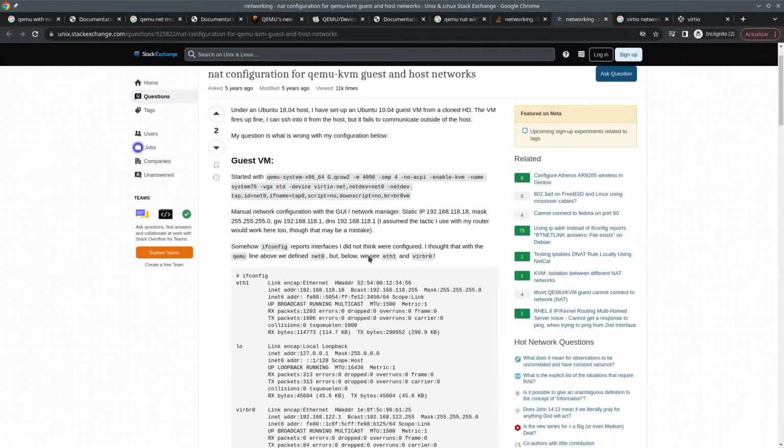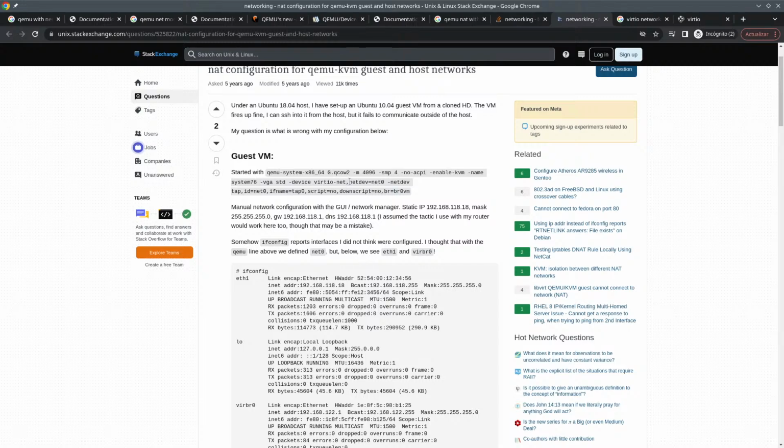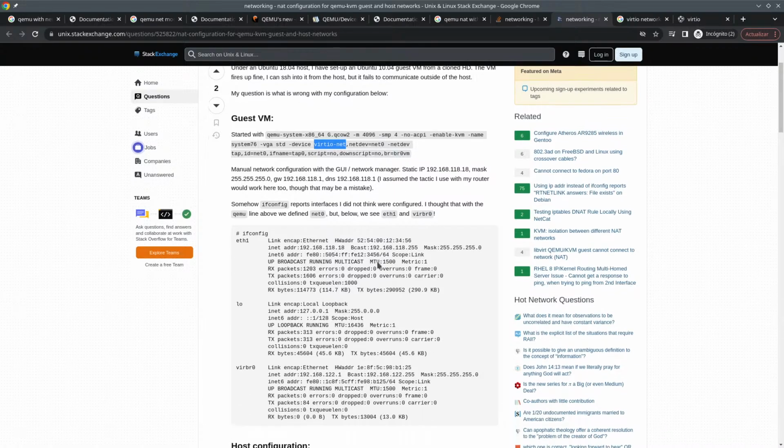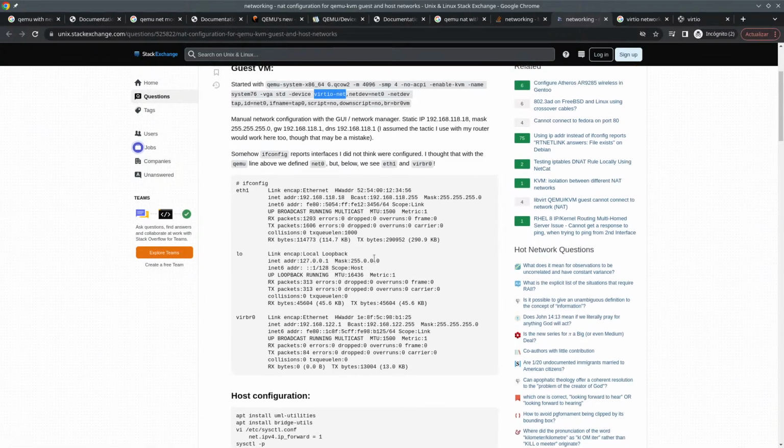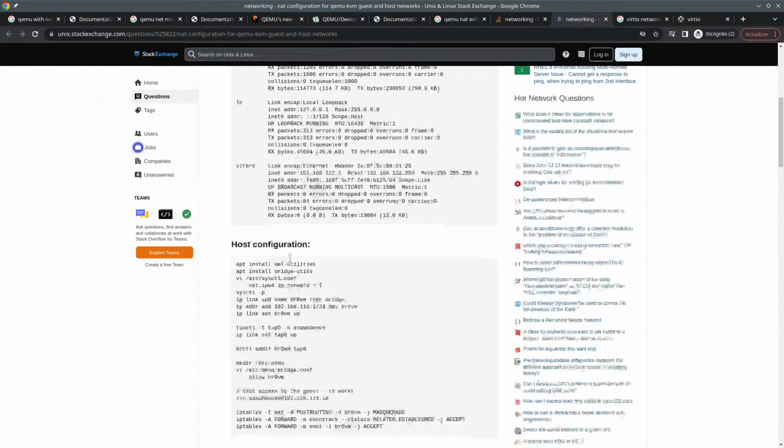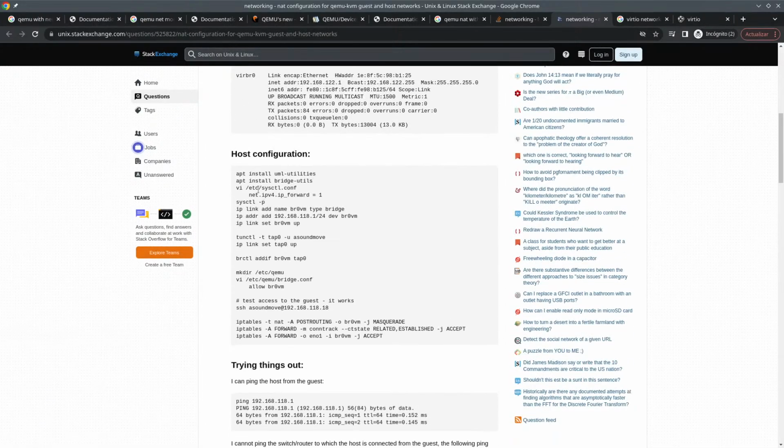Device GRUB2 net, netdev, net0, netdev tap, id net0, ifname tap0, script no, downscript no, br0. Then a thing, host configuration. Yeah, here you have all of the bullshit that you have to add for the bridge to be working properly.